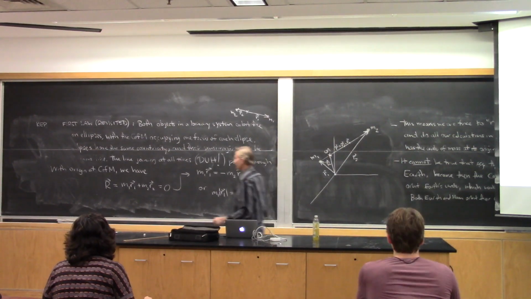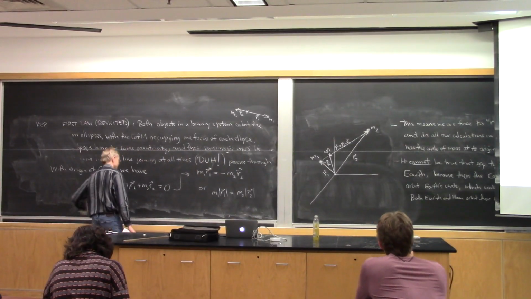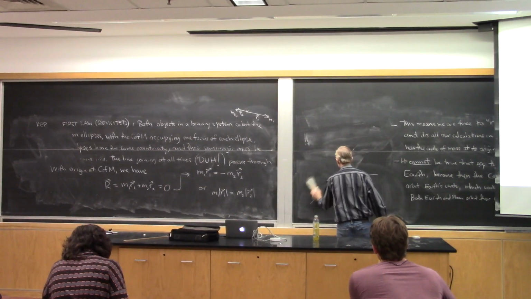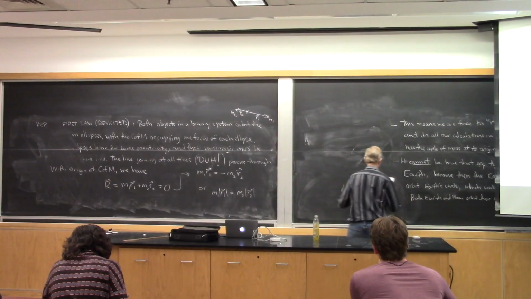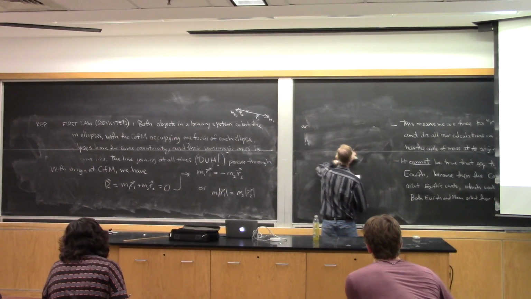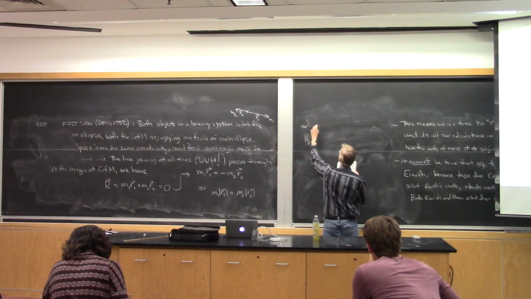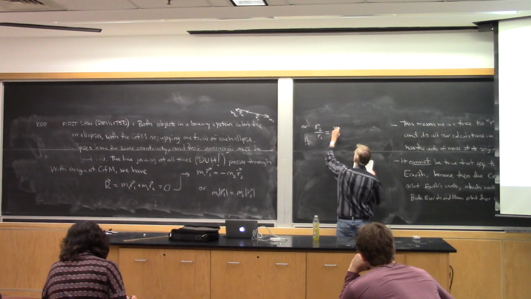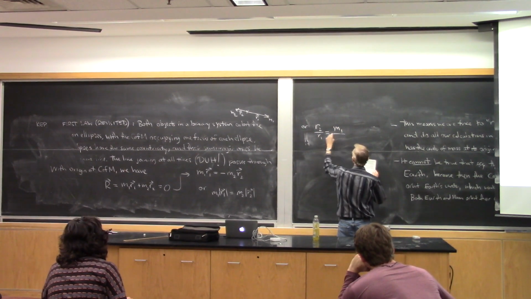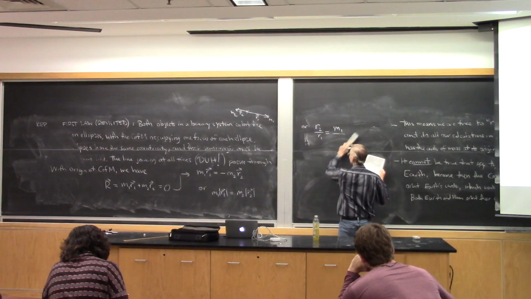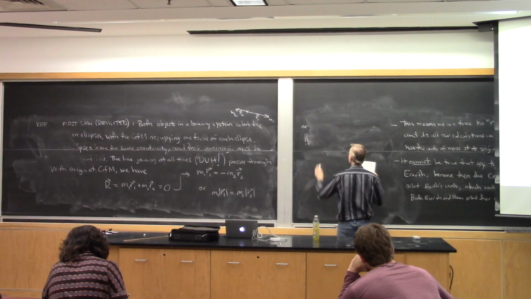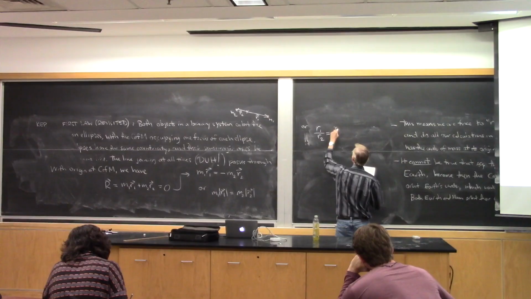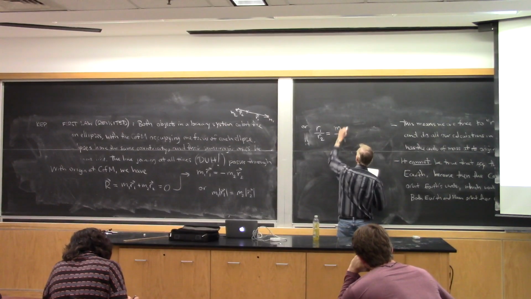Or if we just call R1 the magnitude of vector R1 and R2 the magnitude of vector R2, this says that R2 over R1 is equal to M1 over M2. Actually, I'll put it the way I did in my notes, flipped around: R1 over R2 is equal to M2 over M1